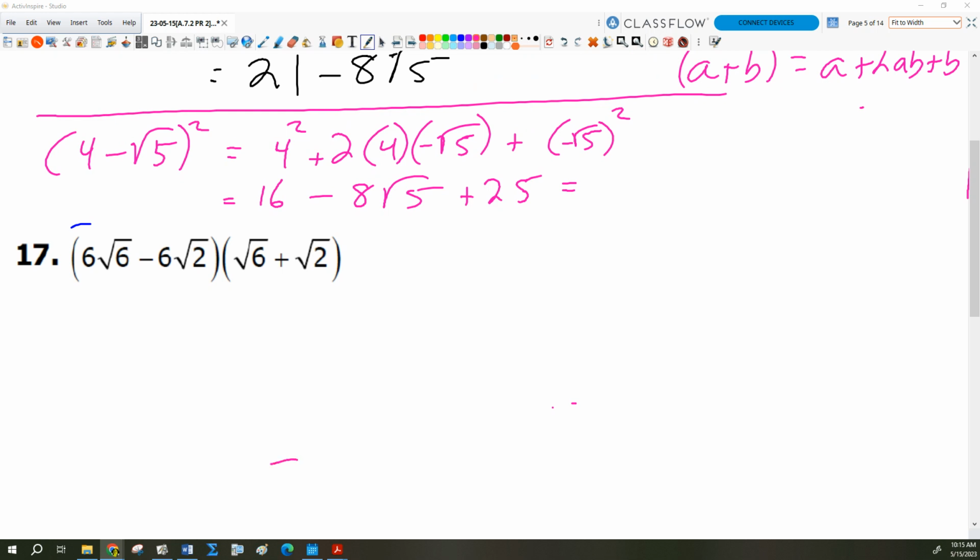I don't know what I was thinking. Negative times negative is positive. Square root of 5 squared is 5. So that should have just been that, shouldn't it? So then when we add all this stuff up, we get our 21 minus 8 radical 5 that we got before. Okay, no big deal. All right, so